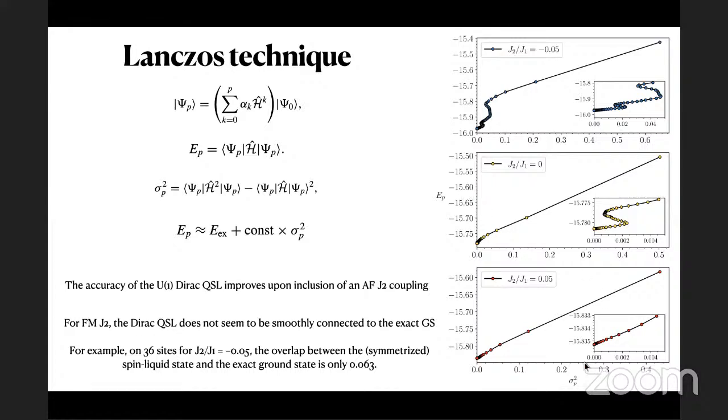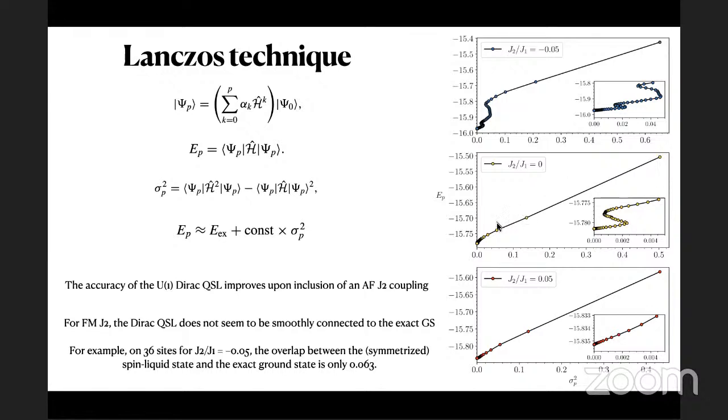So here I plot energy versus the variance, and you see that the convergence is actually quite smooth, except for a little non-monotonic behavior close to when you approach the ground state and you basically reach the ground state energy. Now, the principle is that if you have a very good starting point, then your convergence must be smooth and linear. So if I take only the first 3 points here, so I start from the bare variational state, I